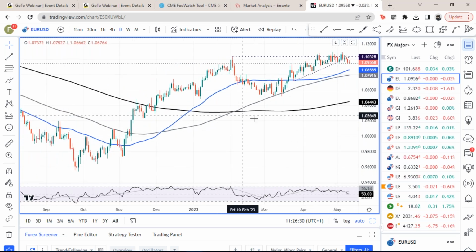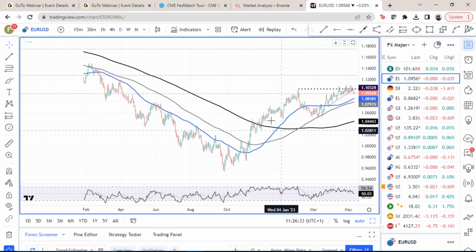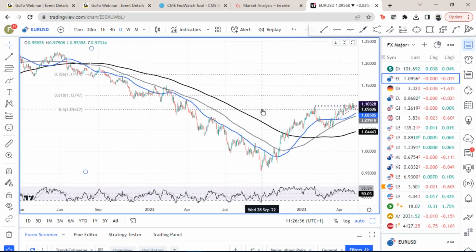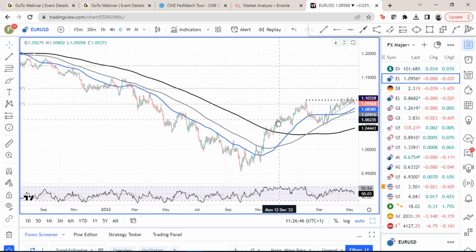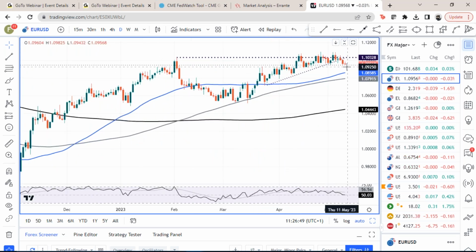We're tapping now 109.42, which is the halfway point. Let me just pull that up. You can see there the halfway point of this decline from 2021 through to 2022. So the 50% mark of that decline is 109.42, and we're just resting on there now. 109.56 we're trading at. So interesting whether that long-term fib level acts as support. Otherwise, it looks like this range bottom around 109.09 is probably the next strong support,